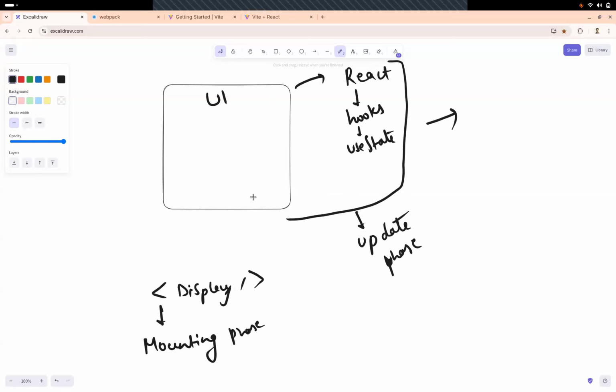Not just this page, I'm visiting another page. So in that case, am I moving from this component? I'm removing the component from the UI. So once this component is removed from the UI, that final phase is called the unmount phase. So you have the mounting phase, the update phase, and the unmount phase.